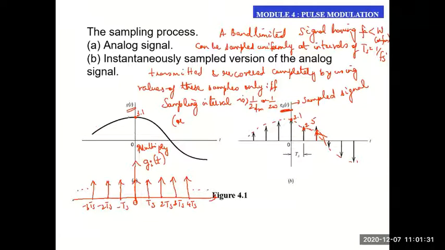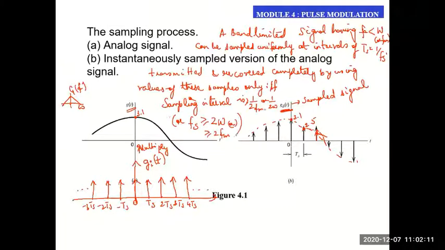Whatever is g of t, in the frequency domain it will have some highest frequency component W. G of f, if it is like this, W represents the highest frequency component of the message. So the sampling interval should be 1 by 2 FM or 1 by 2 W, or in other words, if I write in terms of sampling rate, the sampling frequency or sampling rate should be greater than or equal to 2 W, or for a single tone, 2 FM.